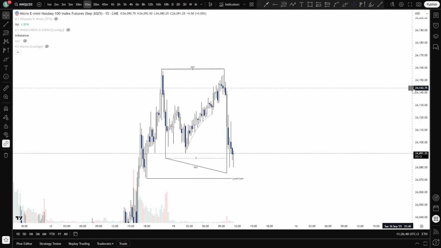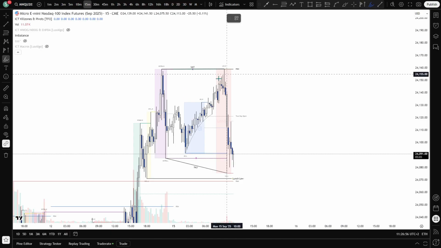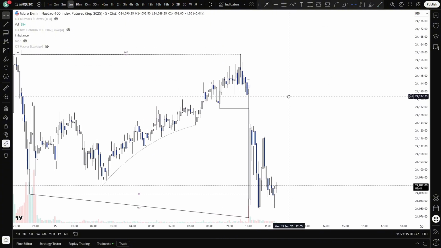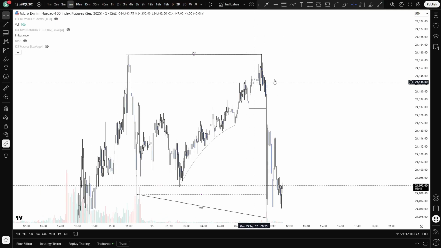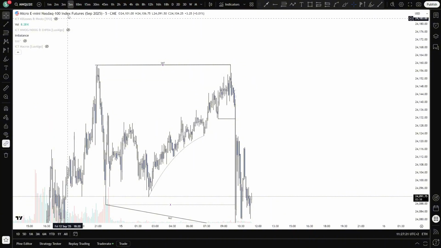We can already zoom in again because there's not really any interesting things to see here. The only thing I want to point out is for the high that we put in here, my technical target would be at least this Asia low. On the 5-minute, this is your structure low to break, but as we all know, if you get other local confirmations, you don't have to wait for this 5-minute.